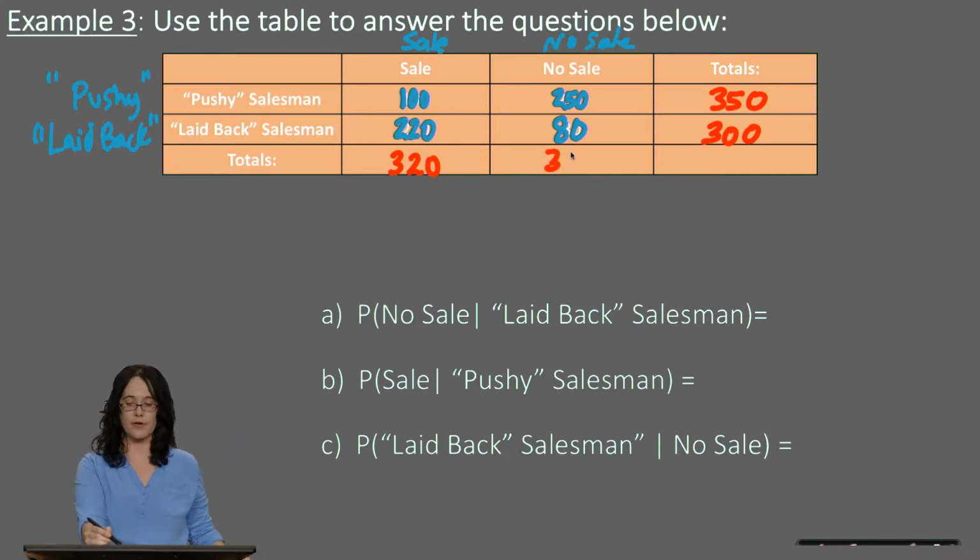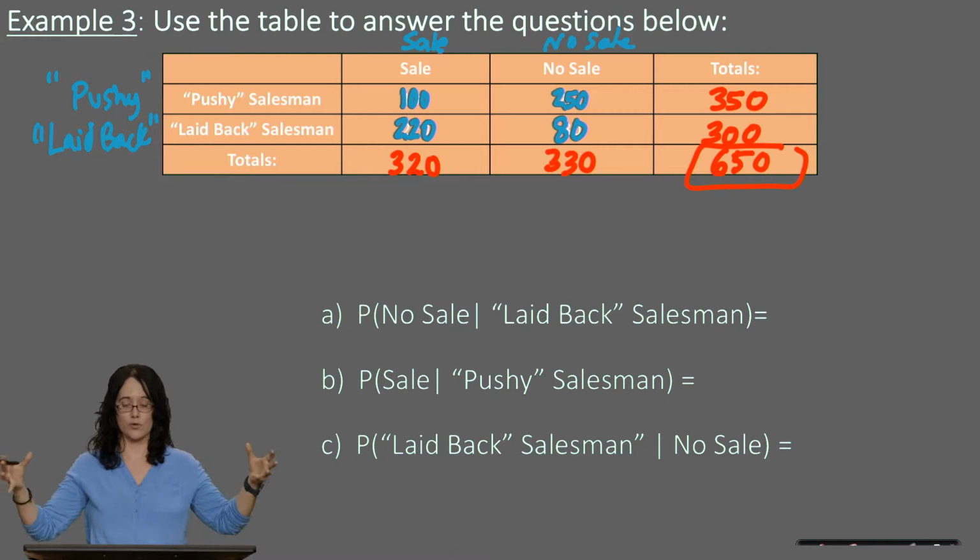So a total of 330. When I add up these numbers, 320 and 330, we should be getting the same as when I add up, yes, 350 and 300. So in both cases, I should be getting 650 interactions altogether. Okay, so once you have your totals, your cumulative totals for each row, each column, and in total, now let's